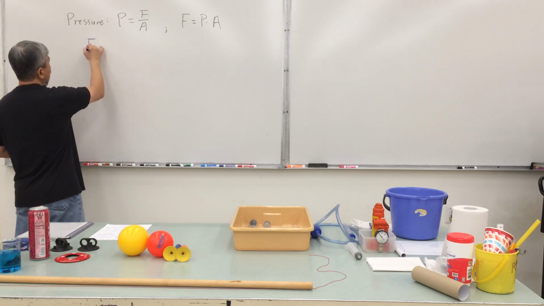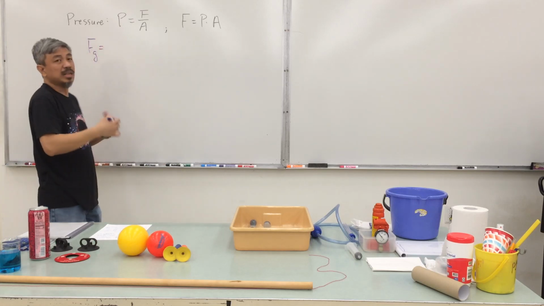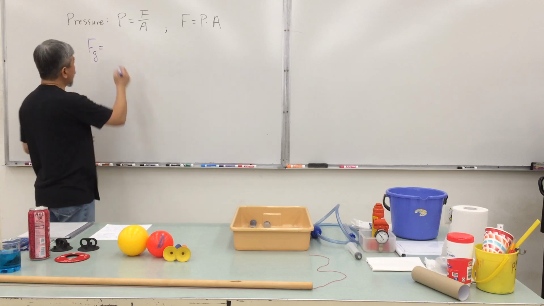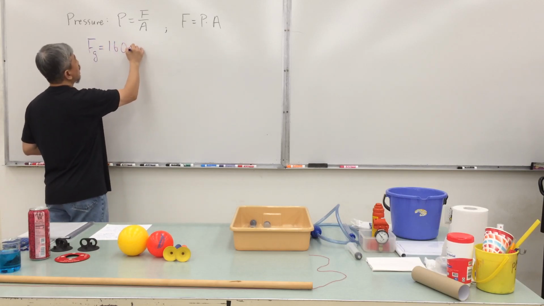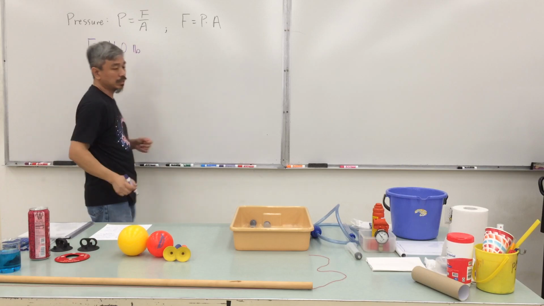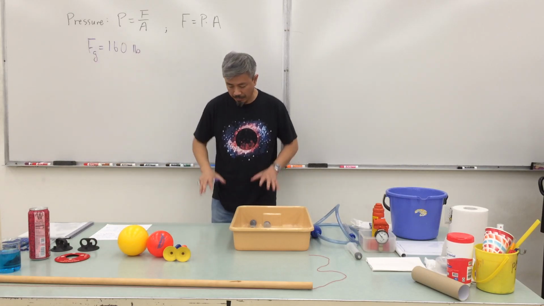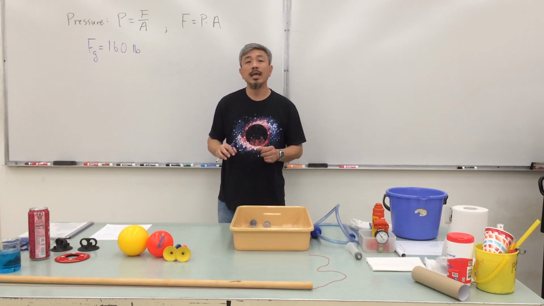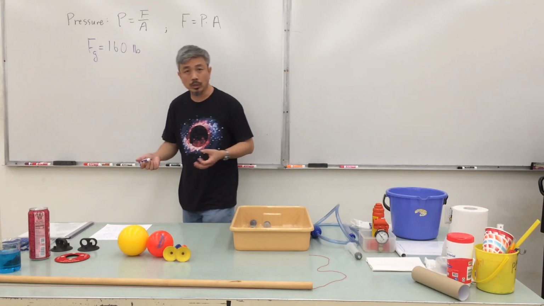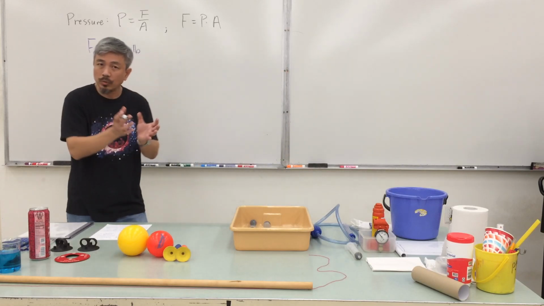So since we are looking at the weight of somebody, let's take a look at the gravitational force. Let's say that somebody has a weight of 160 pounds, for example. And let's say this person is basically standing on 2 feet, making contact with the ground with both feet. And let's say that the person is wearing shoes, so that the shoe will have a certain cross-sectional area of